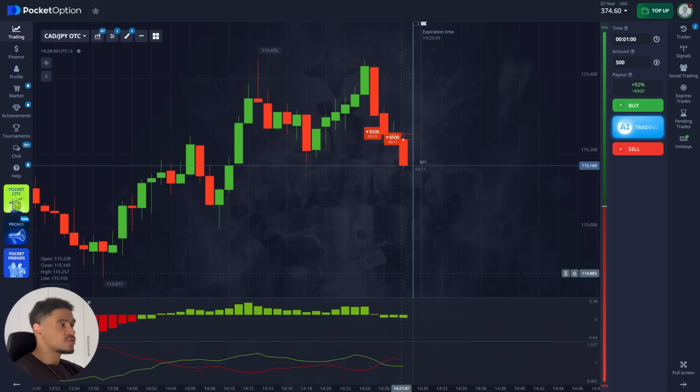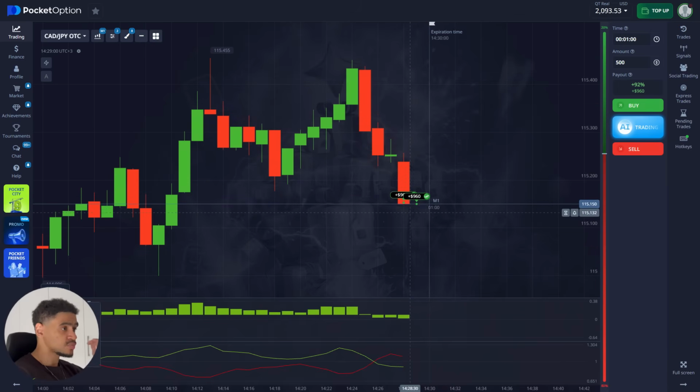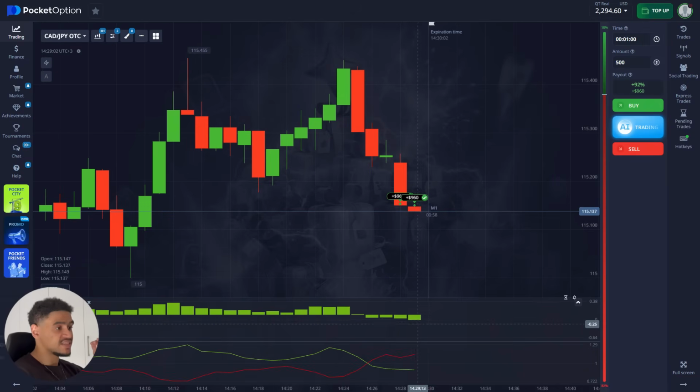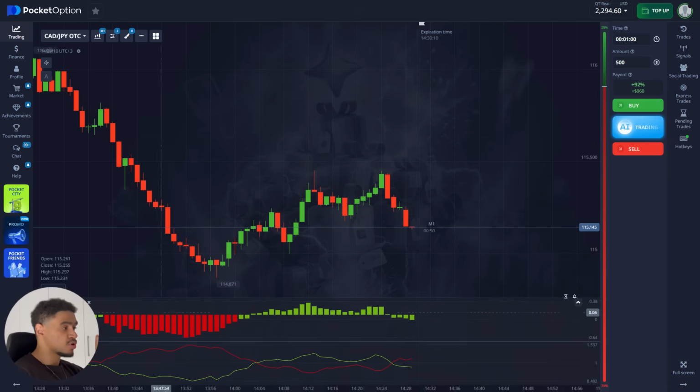So for me, I entered a little bit preemptively, and you're going to see it swap to below 0 right now as this candle closes. And this normally would be your signal to enter a trade. So there you go. It actually did not go below 0. However, you can still wait a little bit. This is still going to be a valid entry, but you have to wait for the bars to turn red, and that is going to be the most important thing that you can do for this entry.